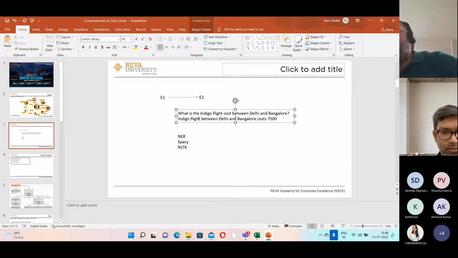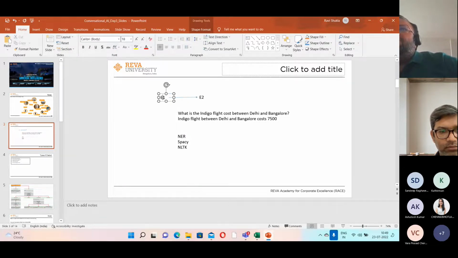So you will have to match the entity and relationship which you extract from the question with the entity relationships you have in your repository, and then try finding the nearest answer. Of course, if there is a poor match, you will not show it. If there's a good match, and this might be any kind of match, entity to entity simple match, relationship to relationship simple match, or whatever match you are free to choose, then just print the answer. Hope this approach makes sense. It's very similar to what most of you said. Do you agree?